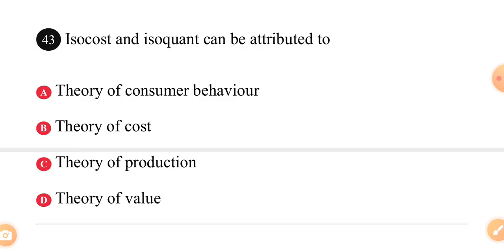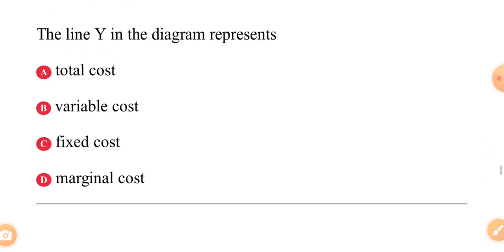A. Theory of consumer behavior. Remember to come under the comment and tell me the difference between both of them. I'm giving it to you as an assignment and it's very, very important. Okay? B. Theory of cost. C. Theory of production. D. Theory of value. The answer to question 43 is A. Theory of consumer behavior, because of course consumer behavior influences cost and also influences the quantity that you sell.